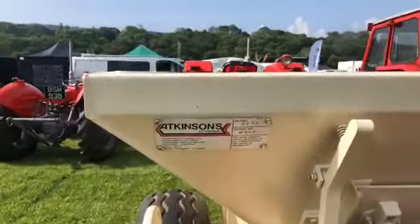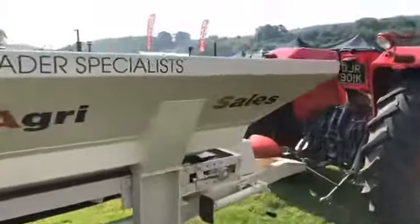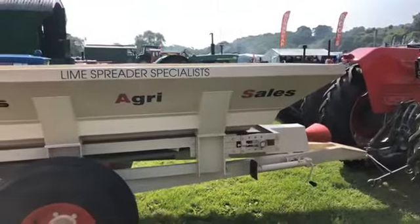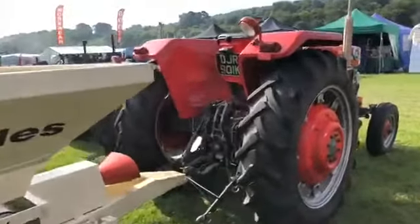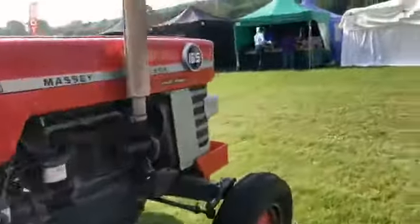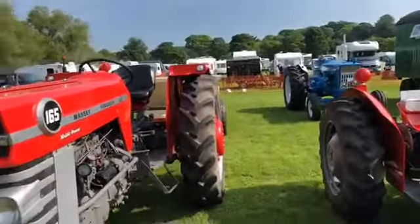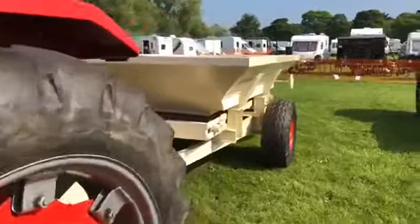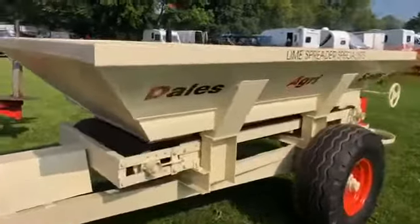Atkinson's of Clitheroe. They must have supplied it originally, but it's all been restored into a really top-notch condition. Yeah, that's looking good, and it looks great on the back of the 165. Let's have another look around here. So there we go. It's painted up with the Dale's Agri logo,